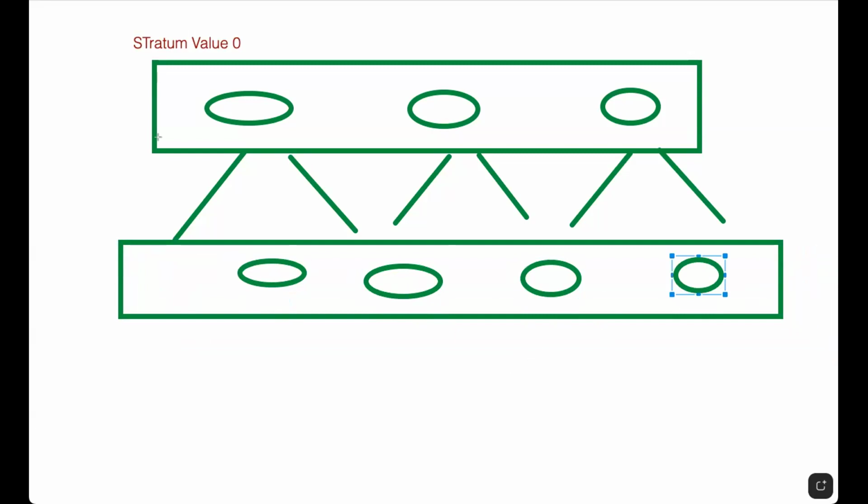So from there, the stratum value will be 1, because that is the next level of source of truth, not the real stratum value, but it is the next level, stratum value 1. And from there,